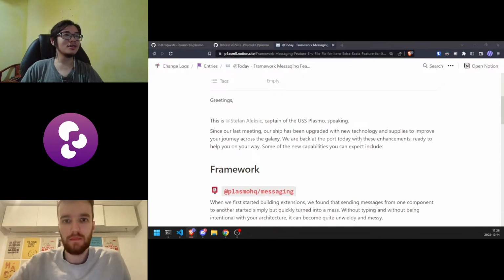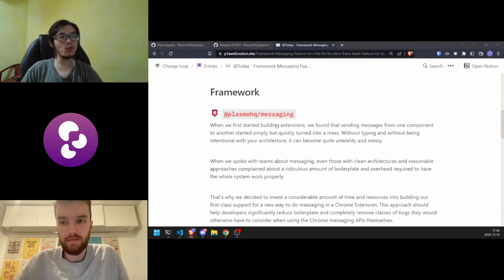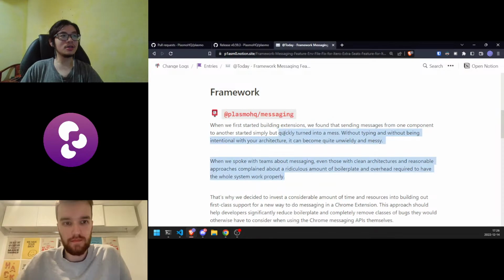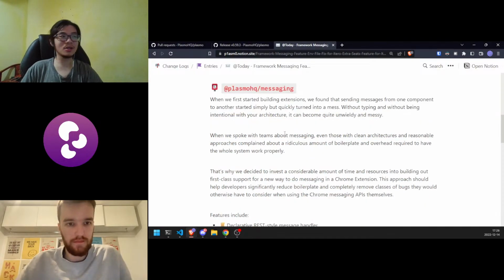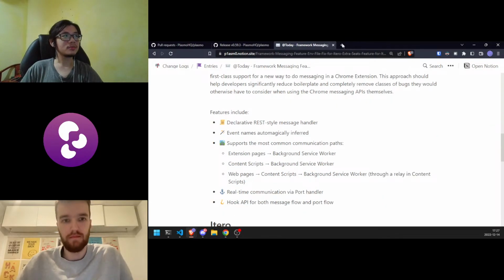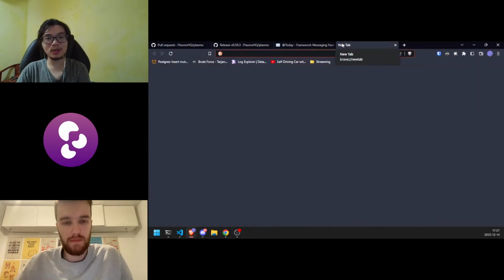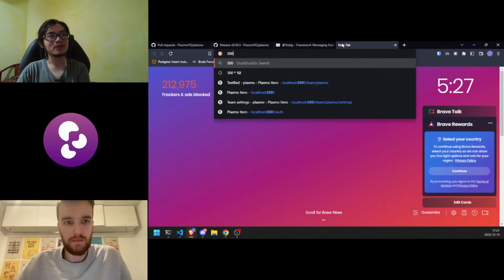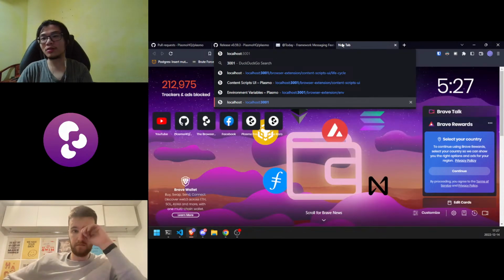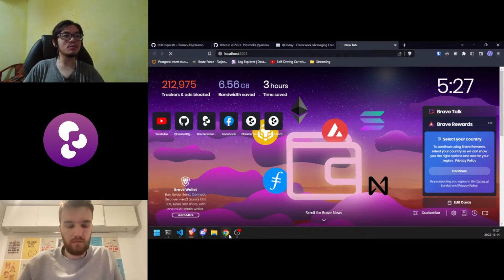All right. So we have the new changelog updated with the framework. Here we have the messaging section. We talk a little about the messaging API and what Stefan was just talking about. I've been working on the documentation for that, so let's see how that's been going. We did a little bit of refactor on the documentation as well. We moved a lot of stuff around, so it might be new for a lot of people.